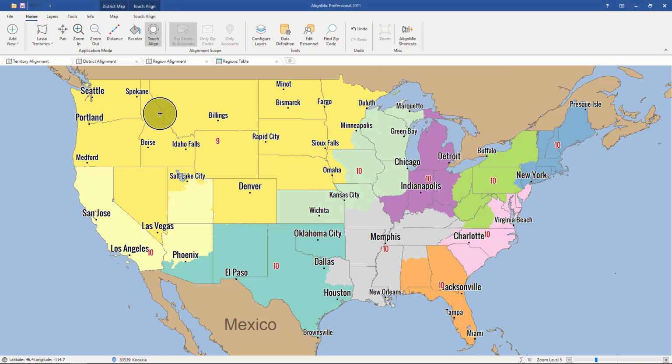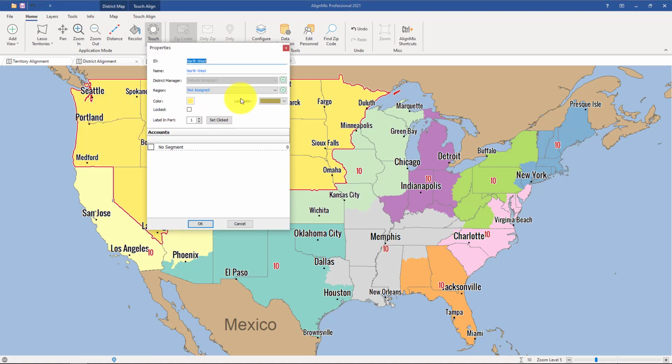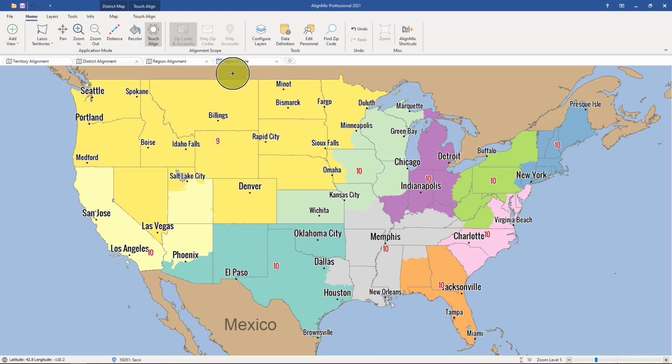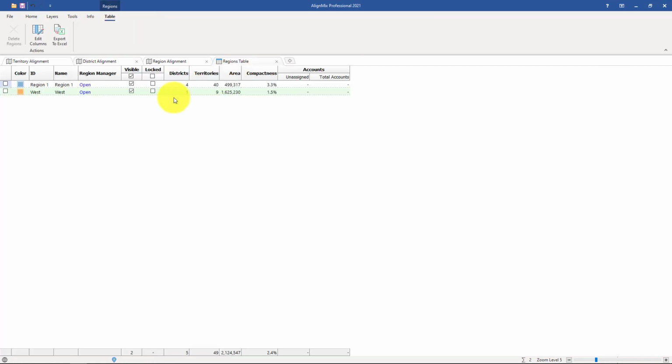So now let's say I want to assign these districts here on the left to a new region. And we can do that by right-clicking on that district, click on Properties, and I'm going to click the plus button here for Region, and we're going to call it West for both of them, and click on Add, and then OK. So now, if I go back to the region table view, you'll see I've created a West region with one